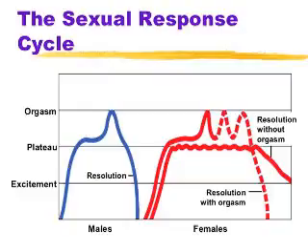Now, in the case of females, which is the red line, she may be excited, so she may have a steep increase in arousal, and during the plateau stage, she may have a very flat line, and that's when women have sex and don't reach orgasm. We'll get to some conditions in women that prevent orgasm in the next lecture. But she may also, after the plateau stage, reach orgasm. There may be a very short refractory period for women, so you see the line decreasing, but she's ready again to have a new orgasm.